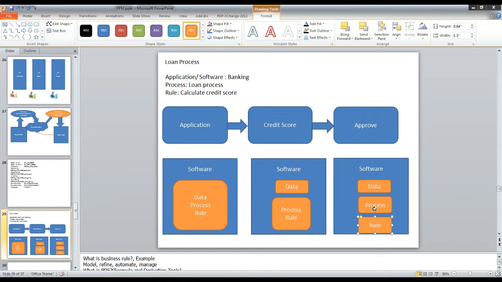Now if you look at this entire process, the application is banking. The banking application is supposed to change over a period of 1 year or 6 months. The process is supposed to change over a period of 6 months or 3 months. Maybe a new thing comes, let's say a verification process. So the process is also prone to change, but it's quite difficult to change a process. It is very rare that you will see a change in the way the loan process works. Maybe over 6 months you would change it. But the rule is something which changes very frequently to calculate the credit score.